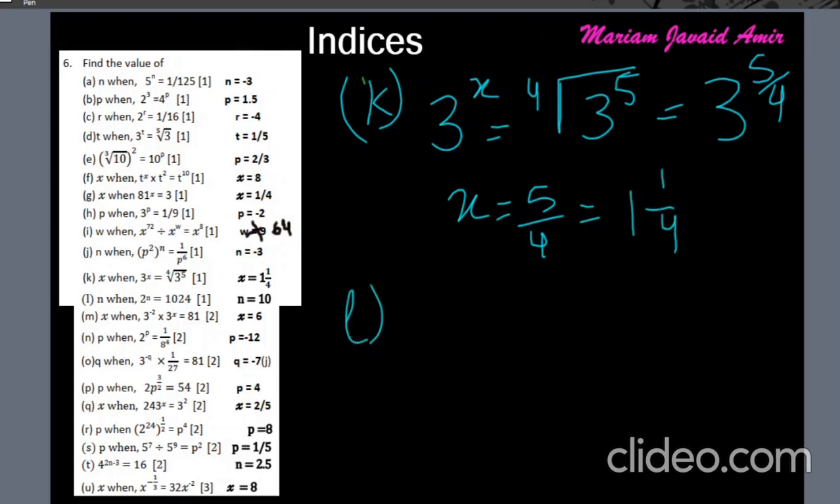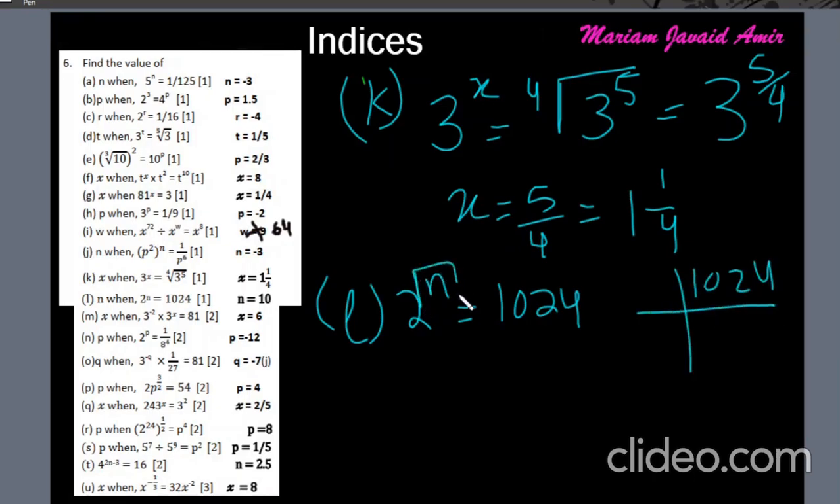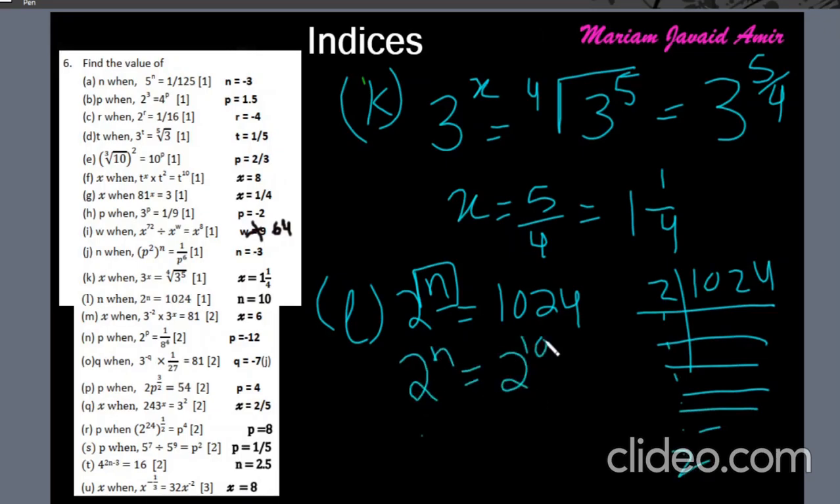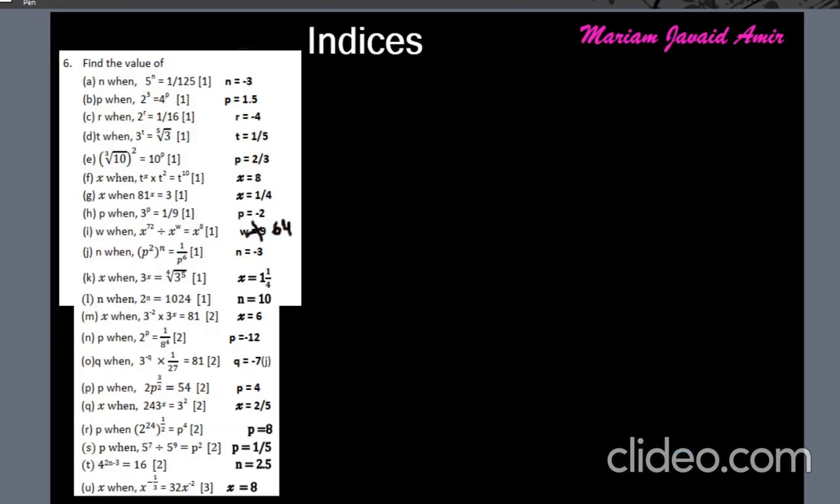Part L is 2 power n equals 1024. So simply factorize 1024 here, or you can also do this by hit and trial. Try 2 power 5 in your calculator and try 2 power 8 and so on, and eventually you'll get to the answer. Or just keep factorizing this till the end, and you'll notice that you get 10 2's over here. So 2 power n equals 2 power 10, so n equals 10. Okay. Part M